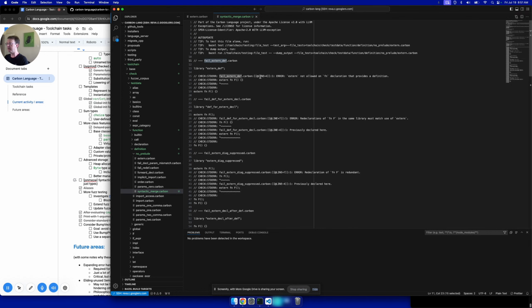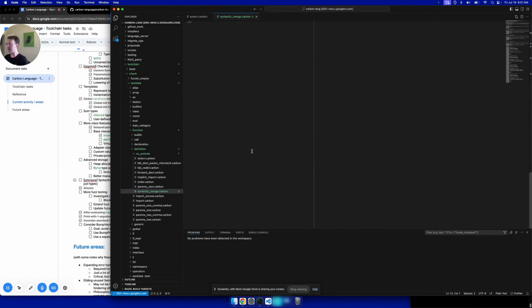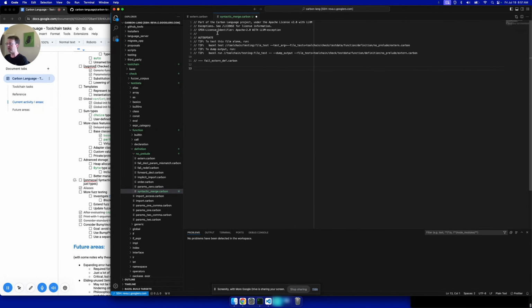But I will delete all this boilerplate from the previous file. Everything up here will be replaced. Like, it talks about the old file name, but it'll be replaced when I run an auto update, so I don't need to worry about that. I do need to name each file here, so let's name the first one, just this is going to be the basic test of we have